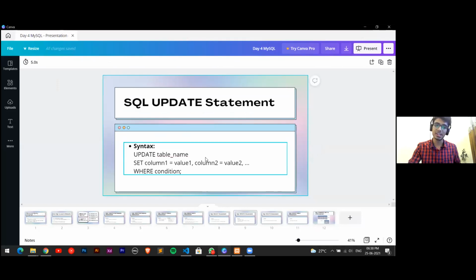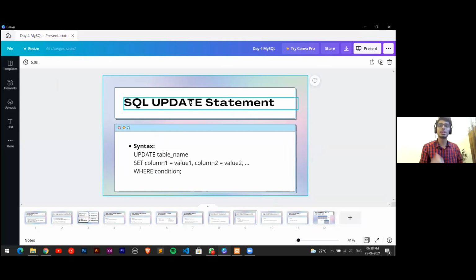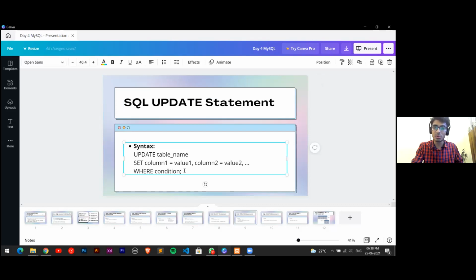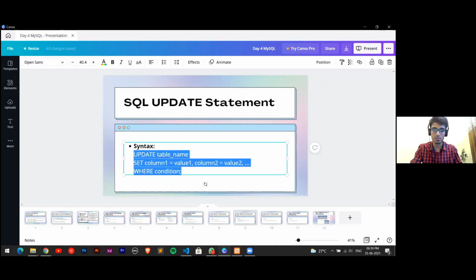Next is the update statement. Okay. Here you can get the main name of the ID. Okay. So the update statement, as the name says, will update the data in that particular table, and we will set the values in a key value pair. So basically, a column value pair, and we'll give the column name over here and the value over here. Okay, so I'll just copy paste and show you, it is a bit easier that way.